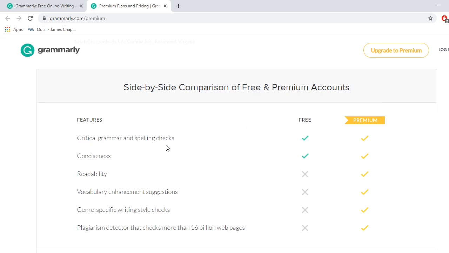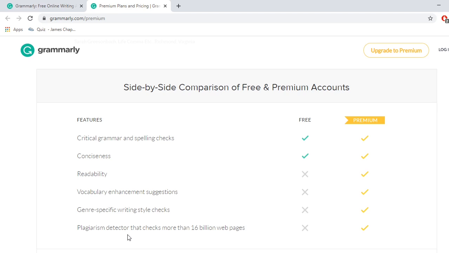Critical grammar and spelling checks and conciseness will be available in your free Grammarly tool. Readability, vocabulary enhancement suggestions, journal-specific writing style checks, and a plagiarism detector that checks more than 16 billion web pages.